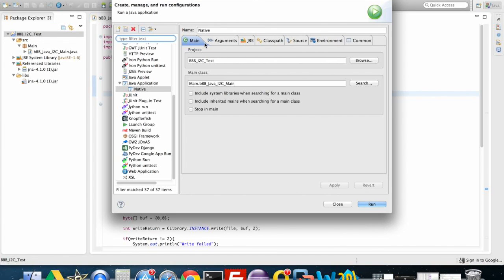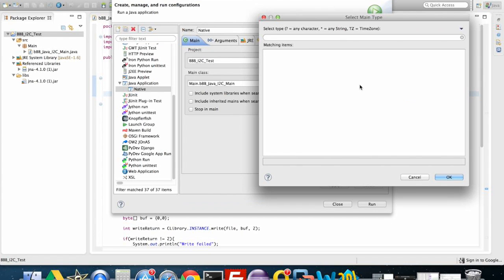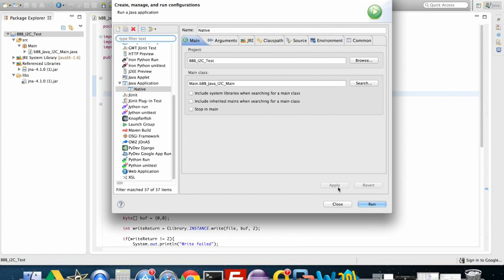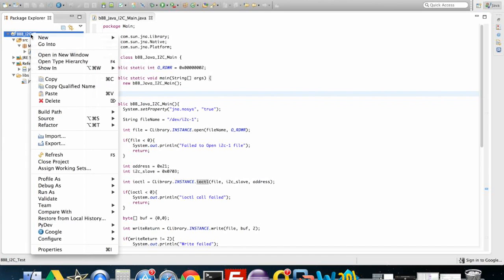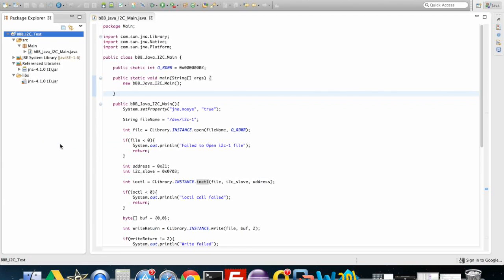and then you want to go here to Main up here at the top, and it should say this here. If it doesn't, you can click Search. And I actually had mine set to native by accident, which caused a failure. So you want to make sure and select this class right here that you created and click OK. And then you'll want to click Apply. So we can close that, and now what we're going to do is right click, go to Export,